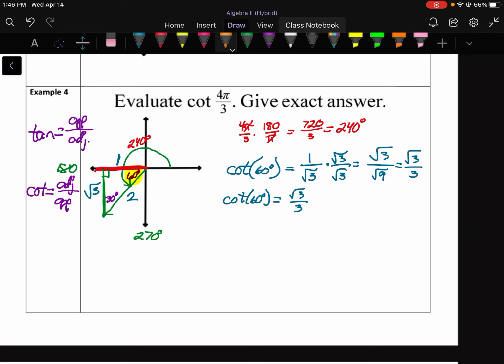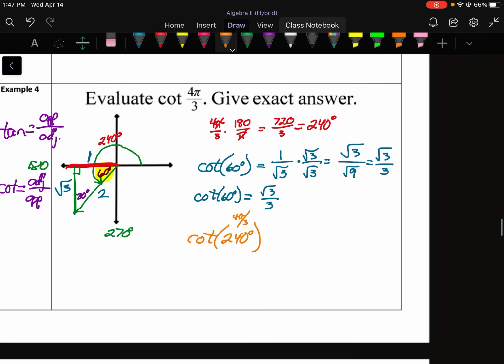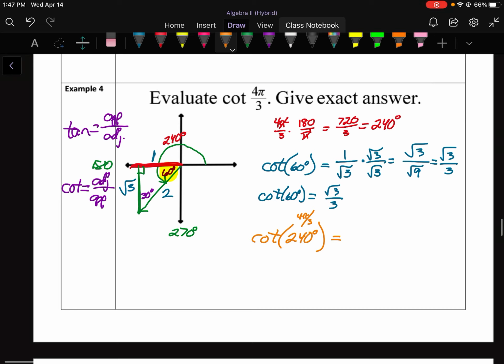So now what we need to decide is what is the cotangent of 240 degrees, or 4 pi over 3 if you want to put the radian back in there. It does not matter. Same thing. So we need to decide, is cotangent positive or negative? I guess those are the only options. So cotangent,